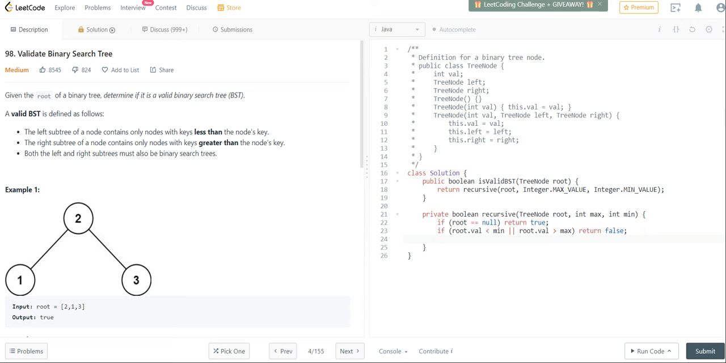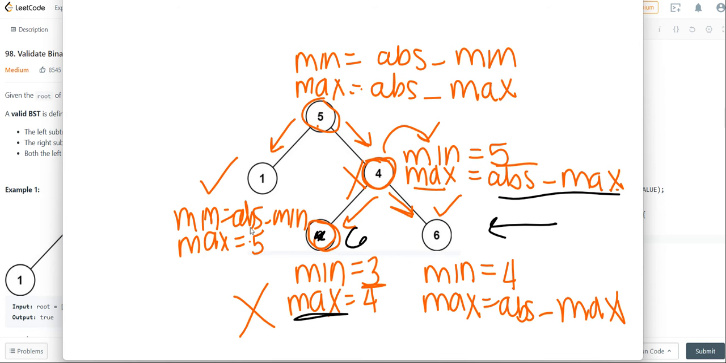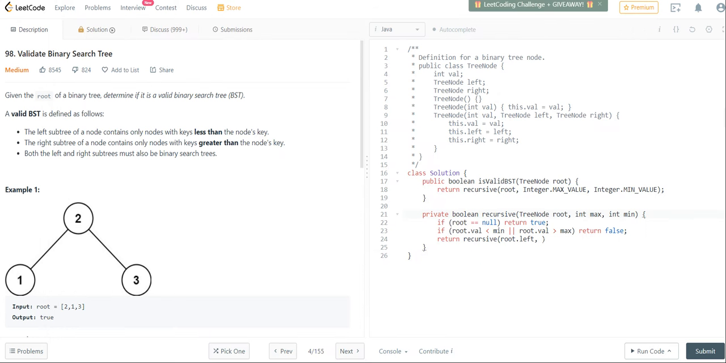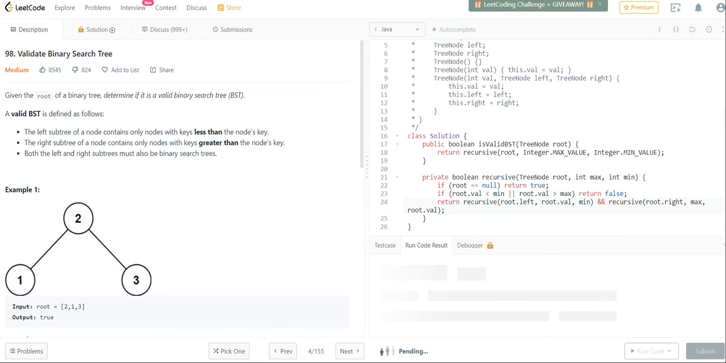And then we need to call root.left and root.right. So we're just going to say return recursive of root.left. And for root.left, remember that we update the maximum value. So we're going to say root.val, and we're going to keep the minimum value. And because we want the binary tree to be valid on both sides, recursive of root.right, the maximum stays the same, but we change the minimum value. So if we run this code,